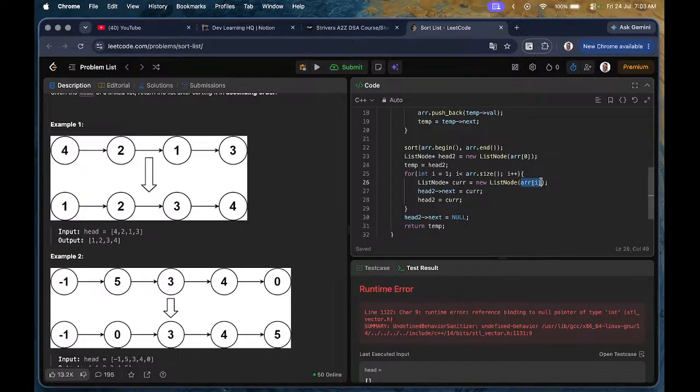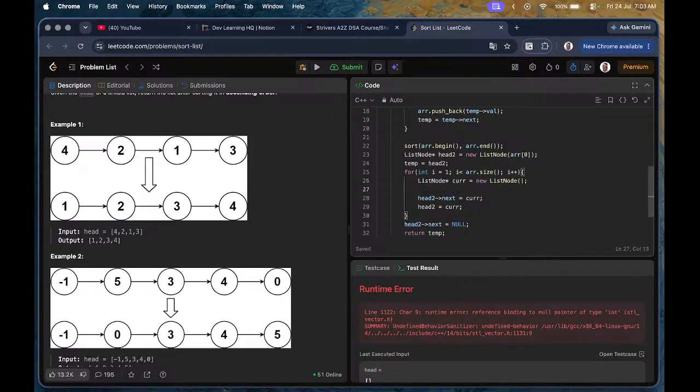We create a node, sorry, we create a node and